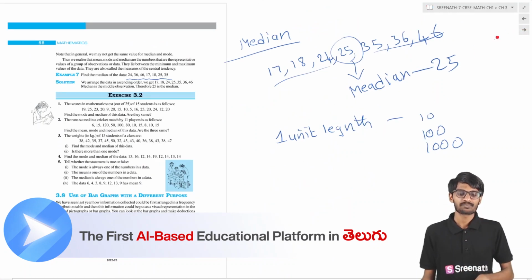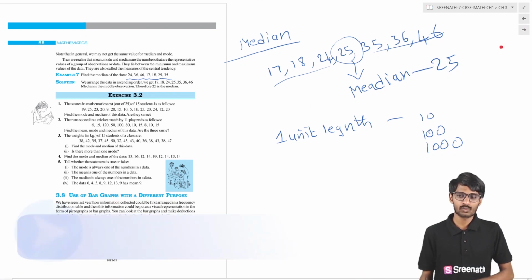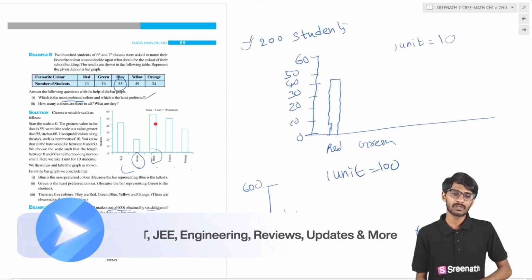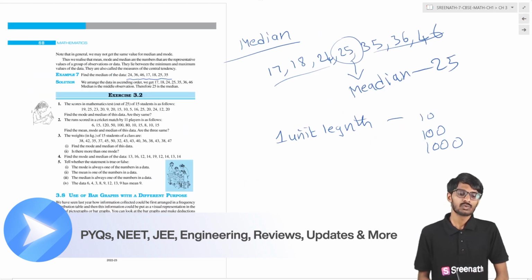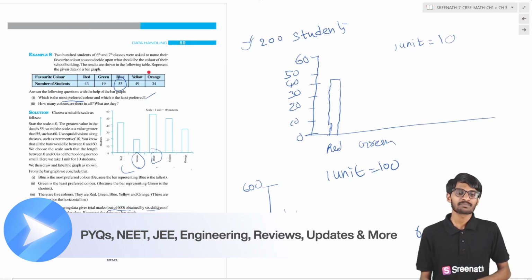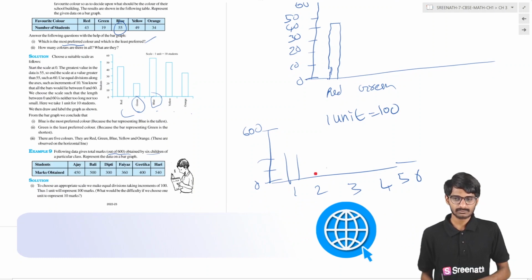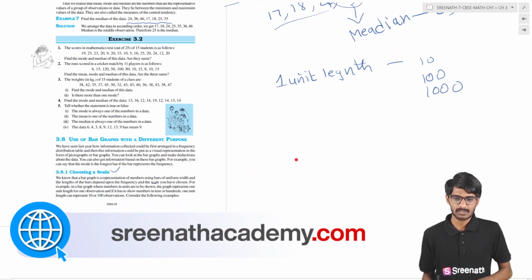Next thing is use of bar graphs, students. We use bar graphs to get information very easily. While using bar graphs, we have to choose a scale, students. Choosing a scale depends upon the maximum value